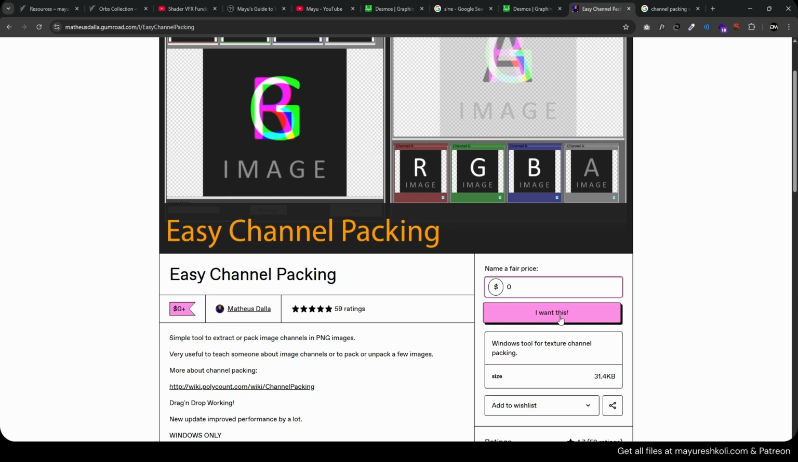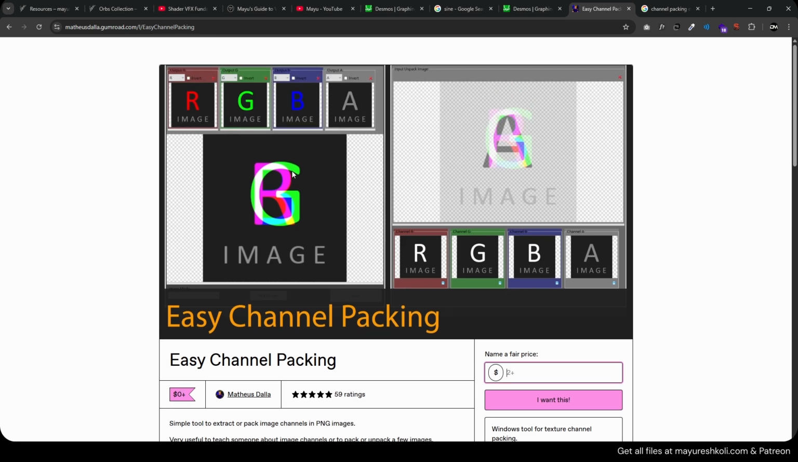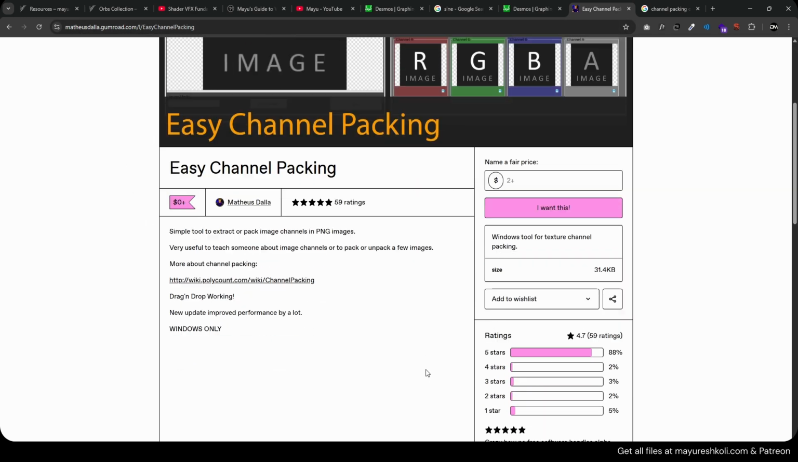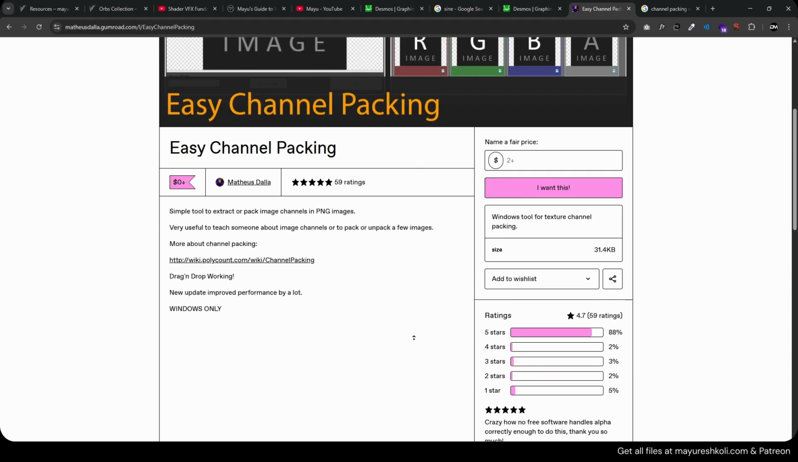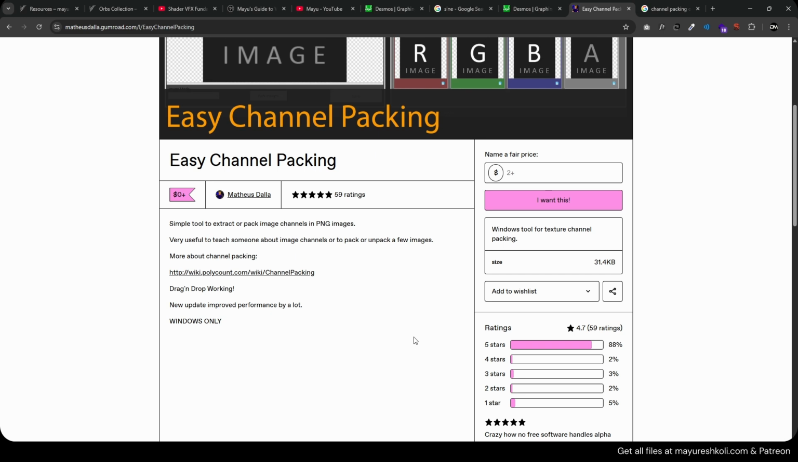You could type 0 in here and do I want this. That way you could get for free, but you could also pay something to kind of support this creator. And the reason why I use this is because knowing all the software on how to create RGBA channel is kind of annoying, and especially for A channel, I don't know why it doesn't work for lots of the software, or there's a workaround that you have to do,